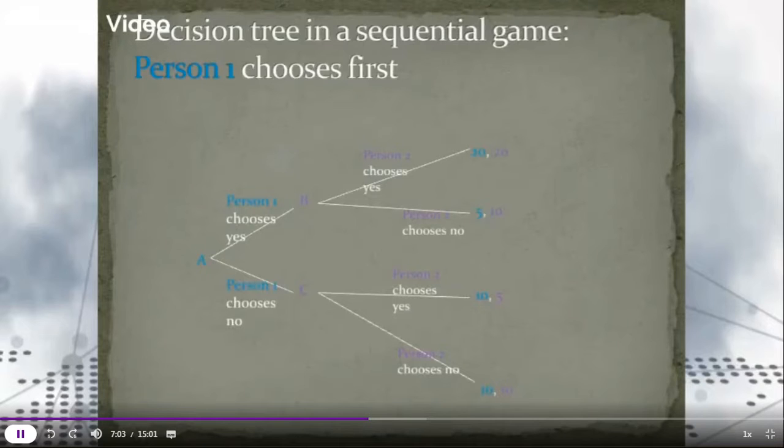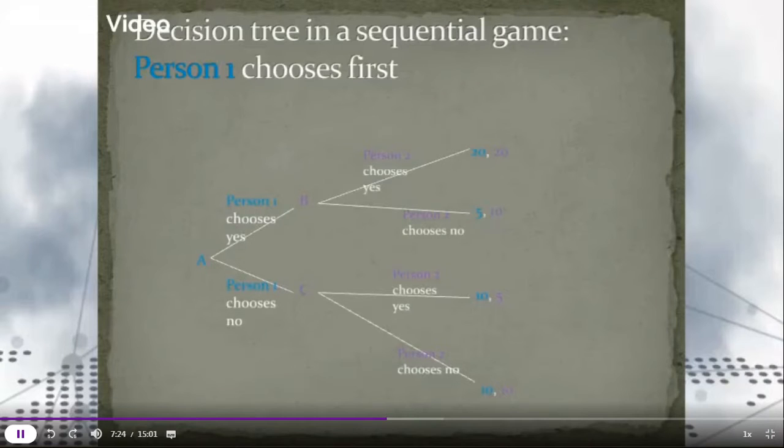Now how do we read this? This is a payoff. In simultaneous move games we have a payoff matrix, but here we don't have that. Of course we can reduce a sequential move game to a normal form and find the Nash equilibrium, but we're not going to deal with that. For the timing we'll stick to this.